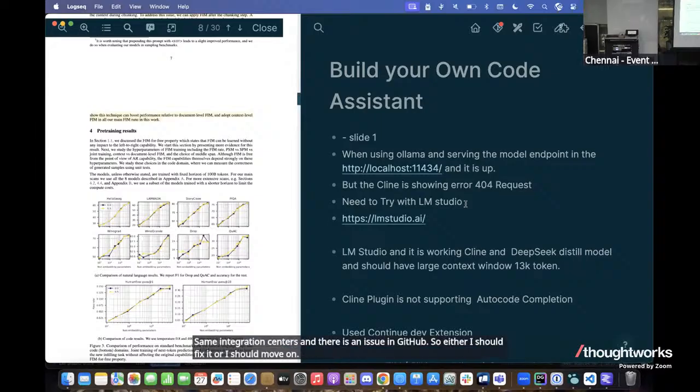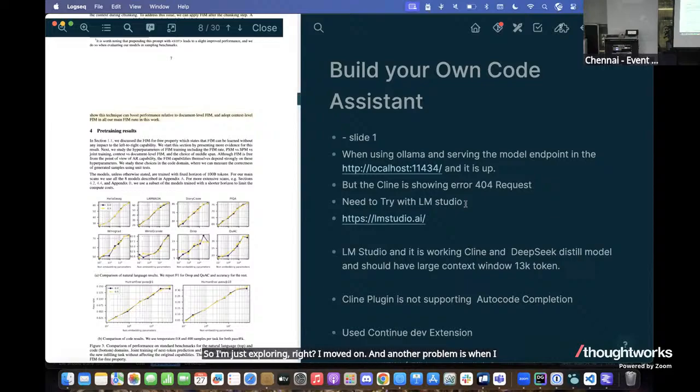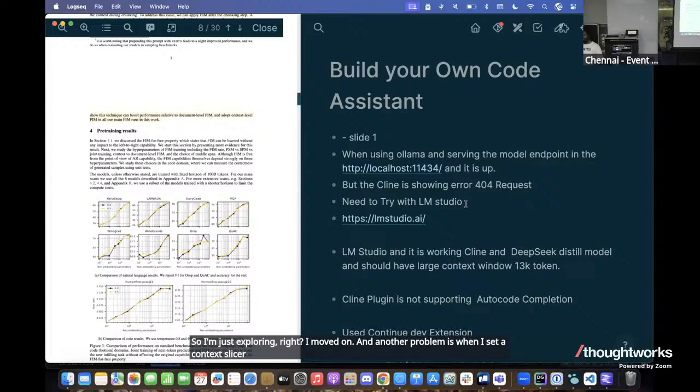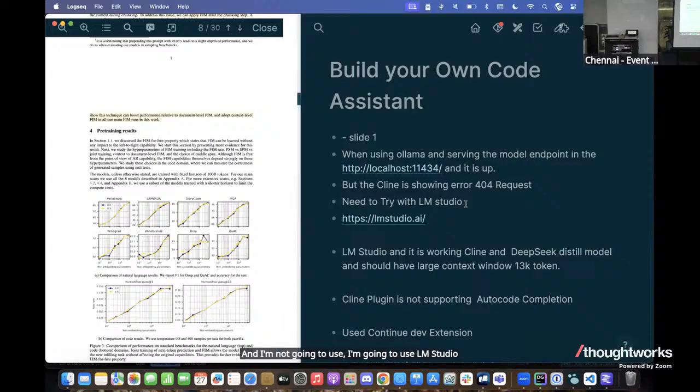I'm just exploring, so I moved on. Another problem is when I set a context window of 13k tokens, my Mac is getting too hot, so it is not possible. So I quit it. I want to run a small model, and I'm going to use LM Studio, and since the plugin is not working, I rejected it on the spot and moved on